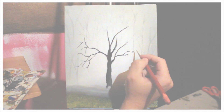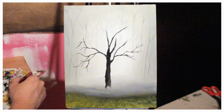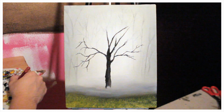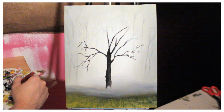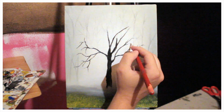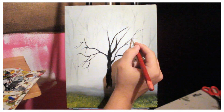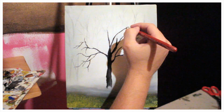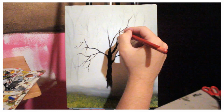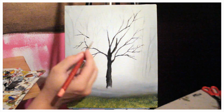Branches are actually fairly complicated, and there are a number of things we need to take into account when painting them. The first being that branches aren't always pointed upwards. They go back and they make odd shapes, and they're very organic. They are not a structurally man-made thing where everything goes vertically and on a certain angle. No, it's much more random, and it needs to be painted that way as well